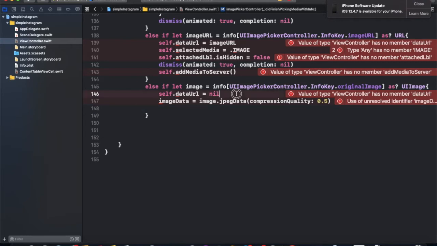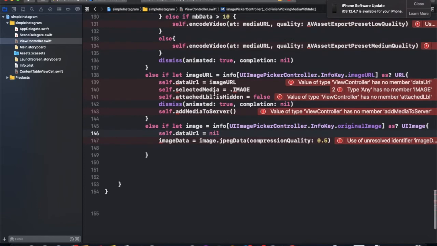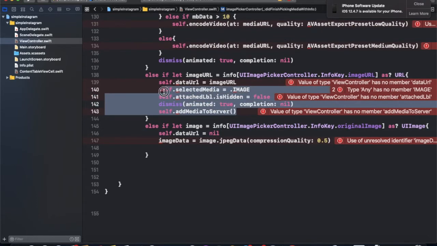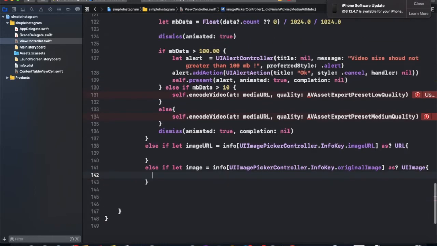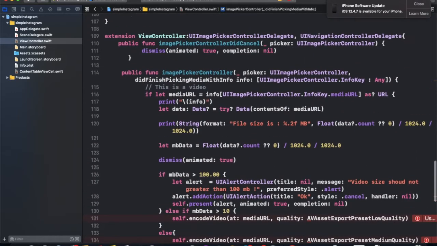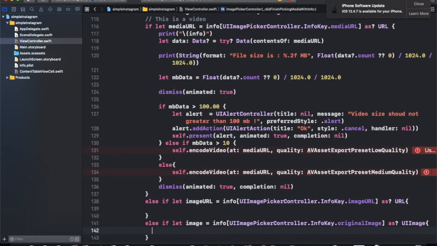Here are some functions which are basically used for that part. So we just remove those parts. We need some of them, but we will track all the things one by one.